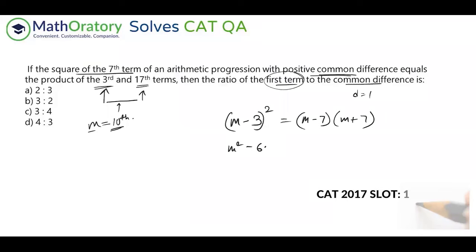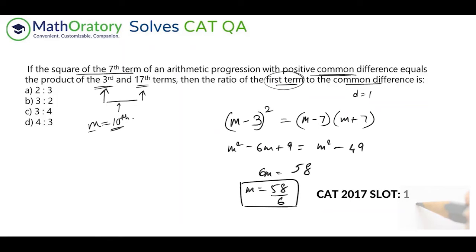Now, if you notice, you get something like this on the left side, and this is what you get on the right side. So the M square cancels off. It's not a quadratic that you're solving; you're actually solving a linear equation. If you just adjust the sides here, you'll get something like this, and M becomes 58 by 6. Now, what is this? This is the 10th term, isn't it? So the 10th term is 58 by 6,